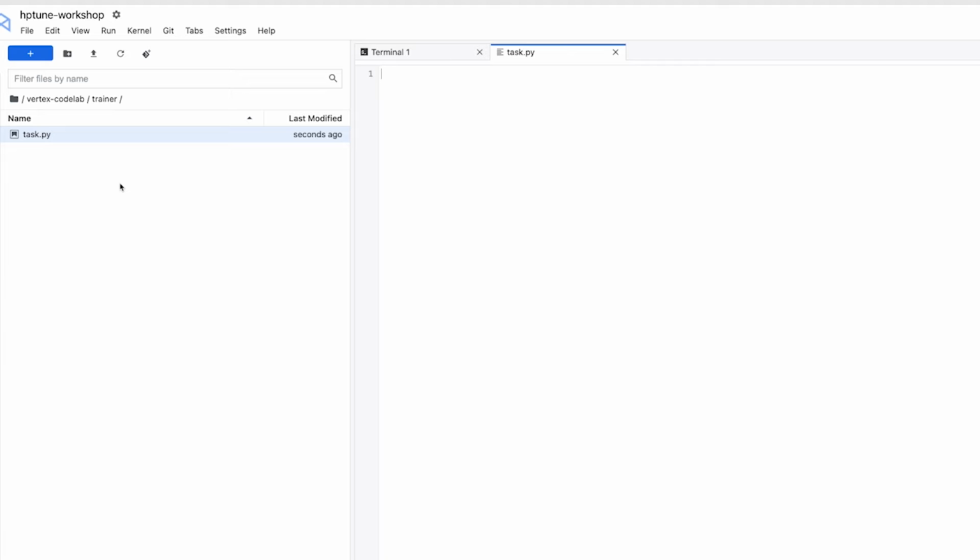You'll probably have a data.py file, which handles all of the data pre-processing. Maybe a model.py file where you create the actual model, some utils to have any helper functions, and import those within your main training task.py file. But for this simple example, I've just included one Python script under the trainer directory that has all of the code we'll need to run a training job. So I'm going to copy and paste in the code from the Code Lab.